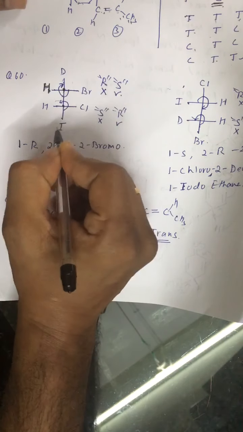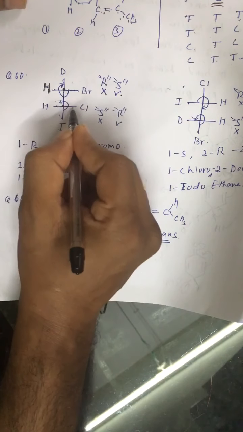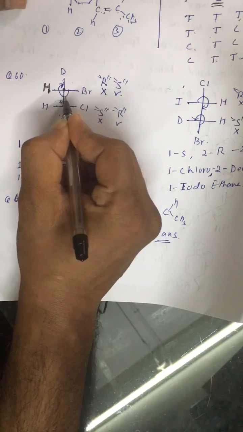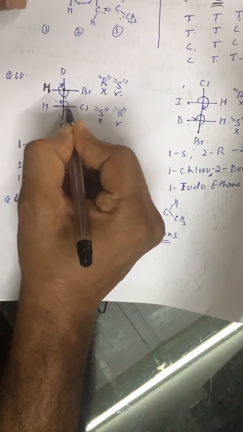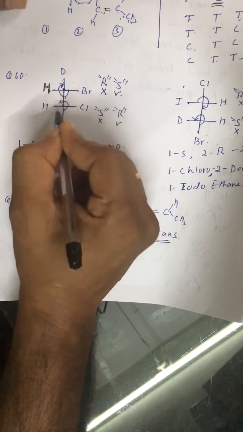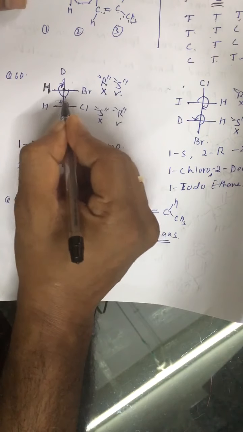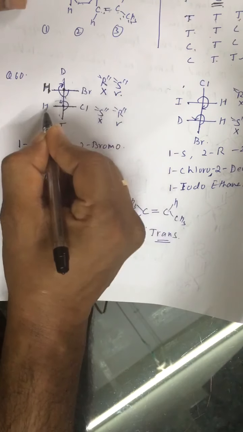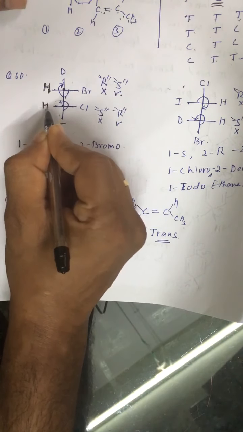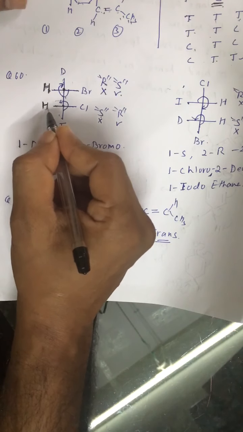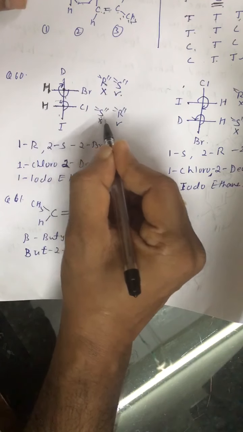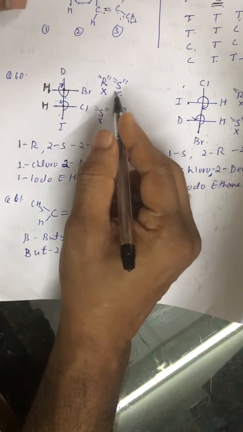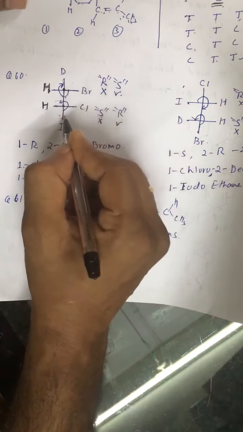On this carbon atom, iodine is seniormost, then second is Cl, then this group, and then hydrogen. So while moving from iodine to chlorine to this group, we are getting anti-clockwise notation, that is S. But since hydrogen, the juniormost group or atom, is at horizontal position, we have to change it to R. So we are getting S and R in the first structure.